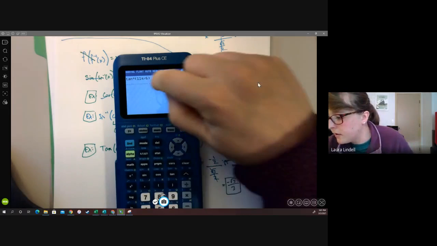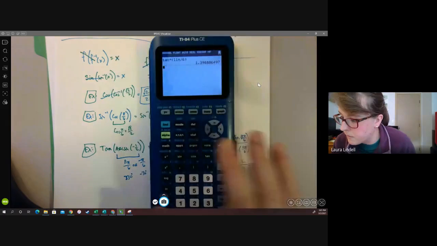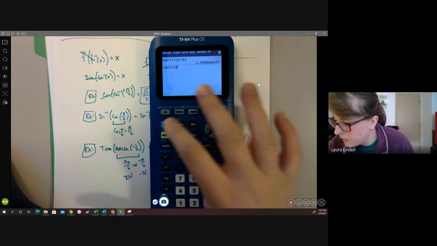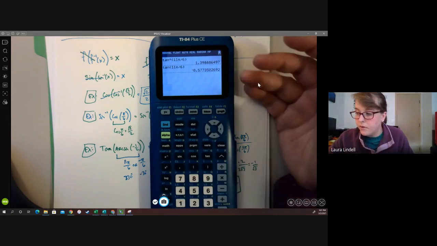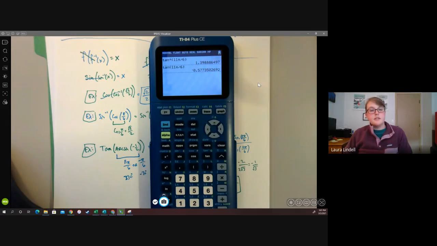Or sorry, not tangent inverse. We were doing tangent of 11 pi over 6. My bad. But you can also do tangent inverses in your calculator. But you do end up with decimals. It doesn't typically give you the whole rationalized exact answer here. It depends on the calculator you have, of course,